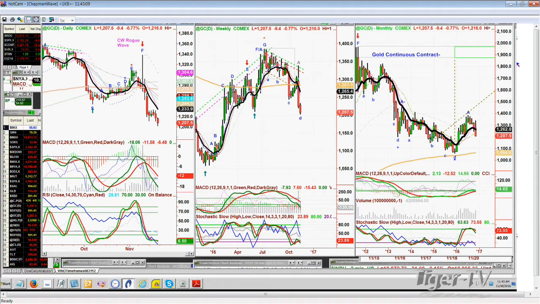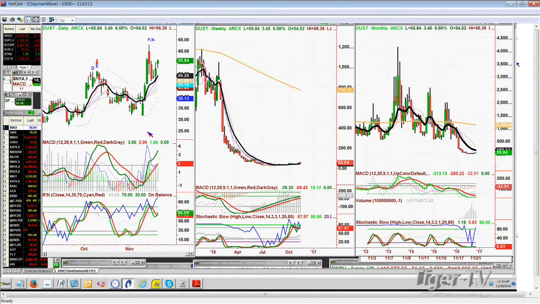So I'm going to suggest to you, because you're in DUST, and that's 3 times, this is called the Direction Daily Gold Miner shares. These are the 3 times short, right? That's correct. Okay, so what price are you in at? 48.90. Okay, that's exactly under the 9-period moving average of 49.18.